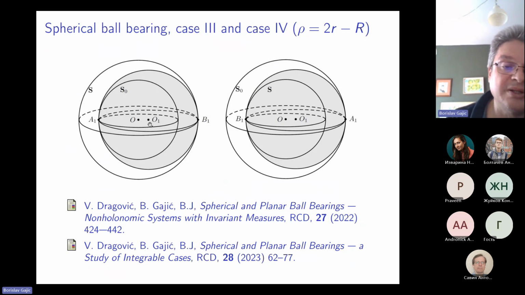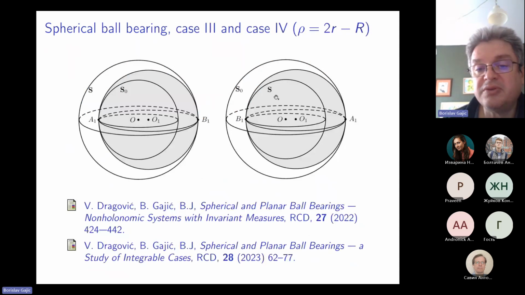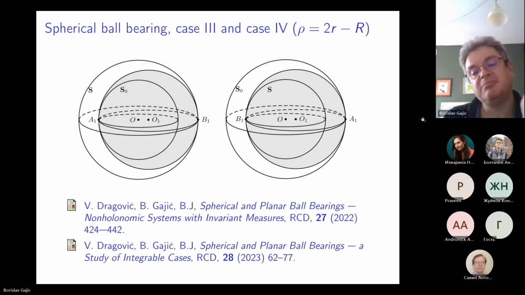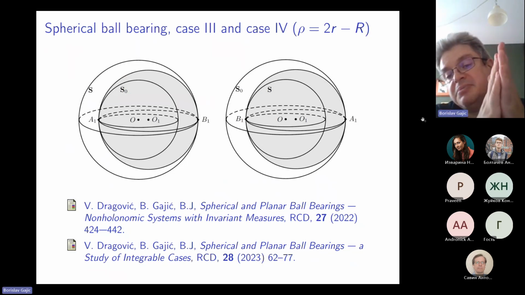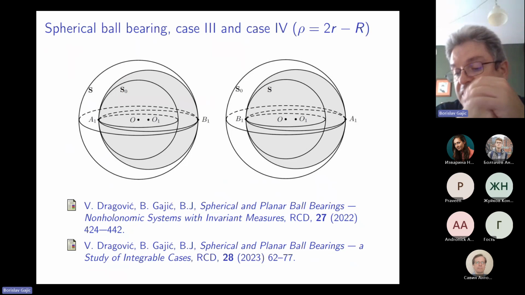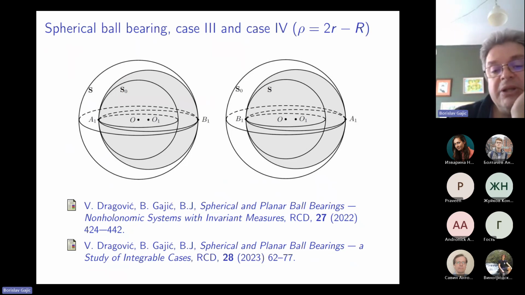The center O1 is moving. And another configuration with moving S inside, then a homogeneous sphere, and then a fixed sphere outside. So maybe it is a mathematical model. It is very hard to realize this system in real life, but it looks like